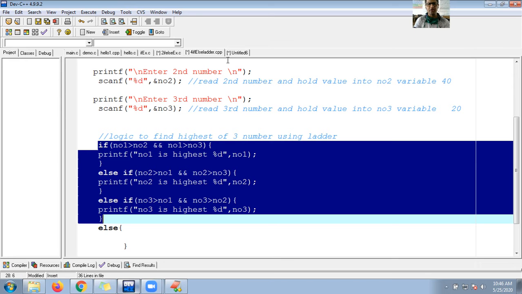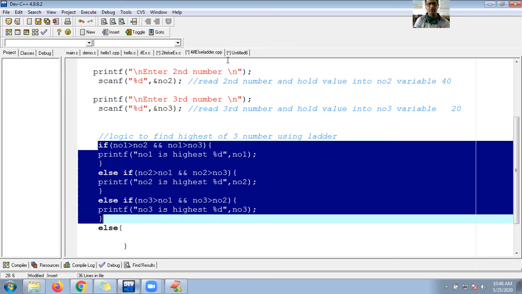In this case, number 2 and then number 1, then number 2 is greatest. Sorry, here I need to check, I need to change with the number 3, and here number 3 is highest.